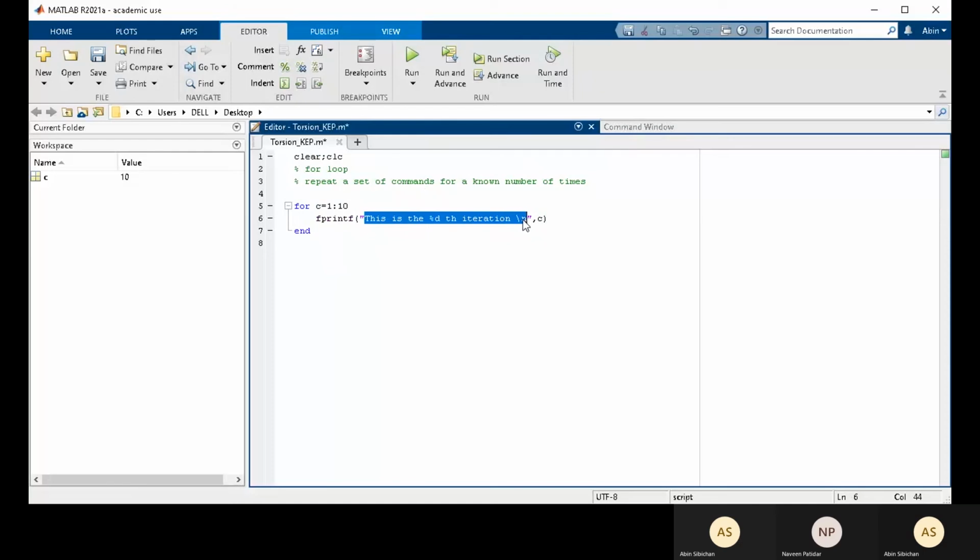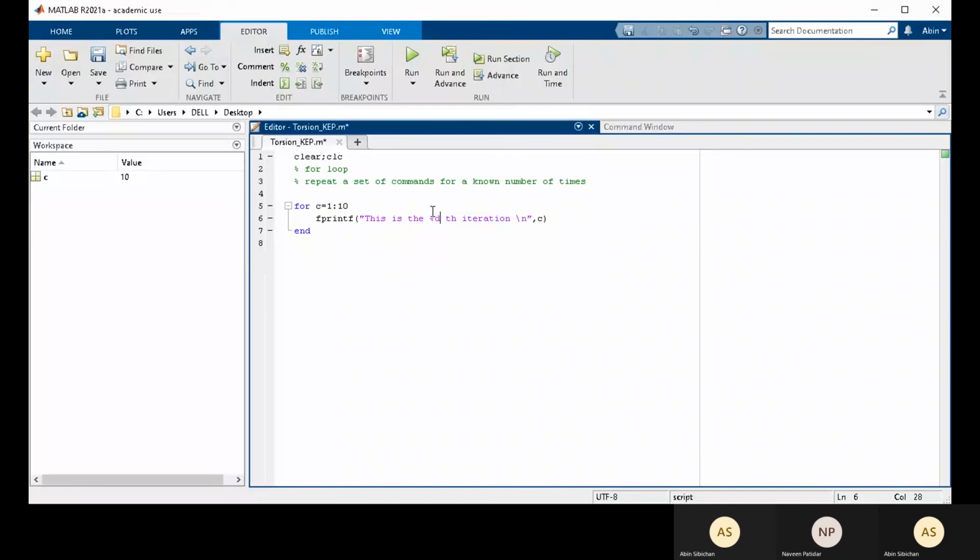This is a string, a set or array of alphabets. It's not numerical, we can't do any calculations, it's just like printing a statement. So in order to print the corresponding value of C within the statement, we are using %d.